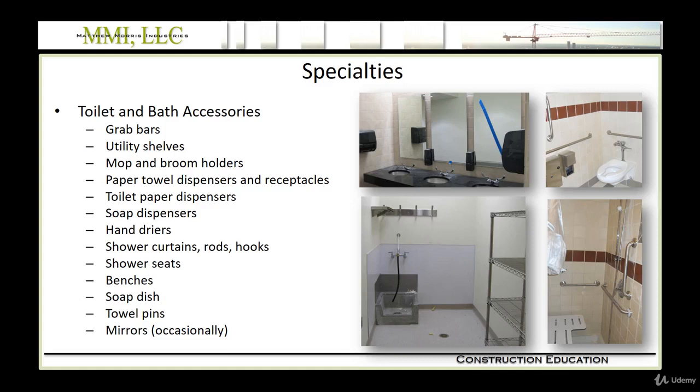We're back in the bathroom now. Same with toilet paper dispensers, soap dispensers, hand dryers. In the shower, like you see in the bottom right, shower curtain rods, as well as the shower curtain, robe hooks, towel hooks, shower seats like you see in the bottom right, also benches, soap dishes, towel pins, and occasionally